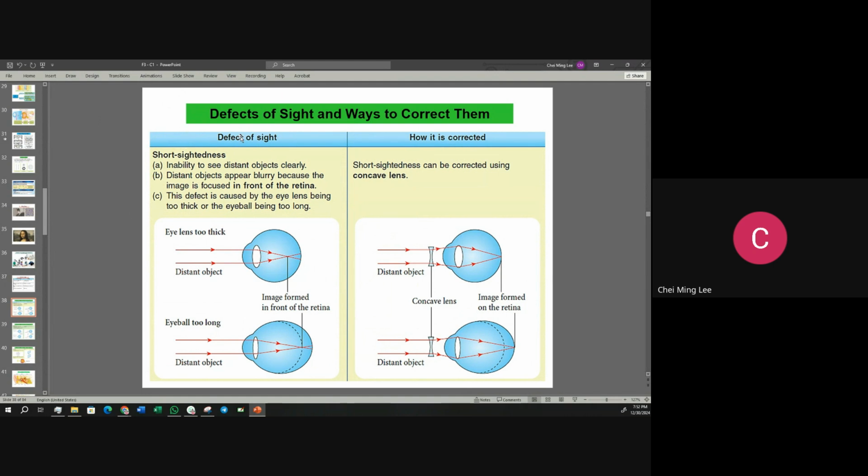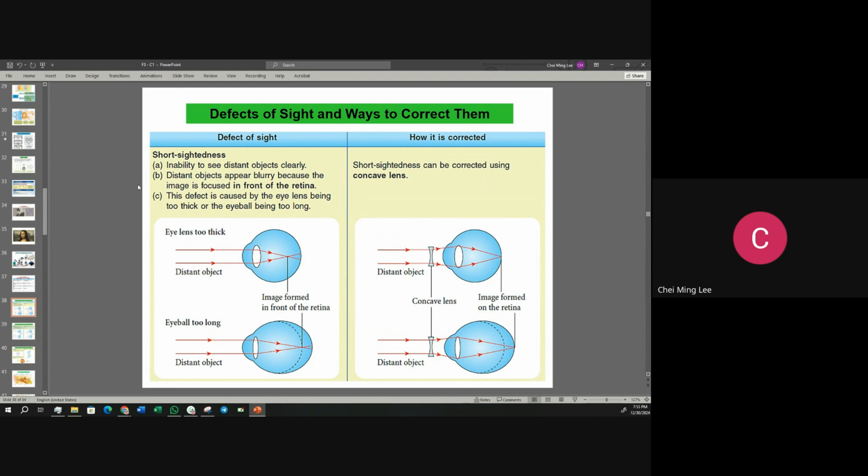Okay, so let's see the defects of sight, like short-sightedness. Short-sightedness means that you can see far away, distant objects clearly, but in front you get blurred. Normally most of the specs are this one, the near one. Mine is different. Mine is for the spreading of light. But nowadays I think I get short-sighted as well because I keep sitting in front of the computer, maybe. So the distant object appears